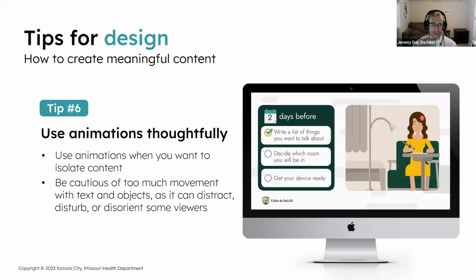We don't really cover it in this, but with the script, I think it's about 200 words that we've figured for about a minute. The thing to remember also is sometimes when you look at a Word document, the script looks short and you're like, oh my gosh, I have all this space, I can add all of this content. But you have to remember that when the voiceover is laid on top of the video,